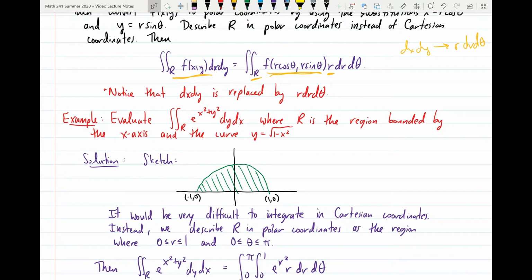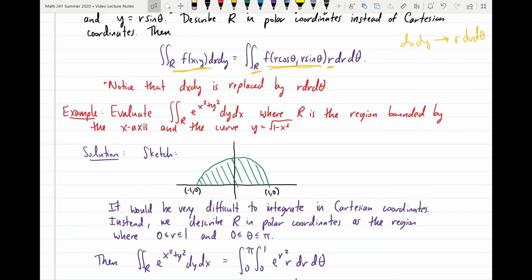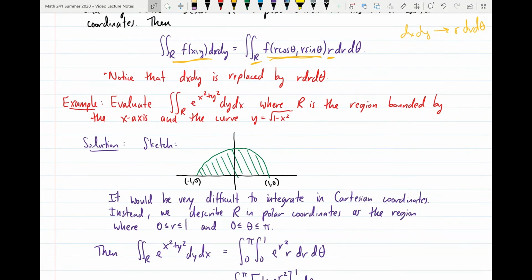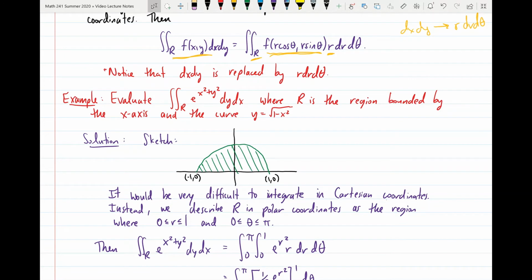So let's say we want to evaluate the double integral of e to the x squared plus y squared over R. Well, notice right away that taking the integral of e to the x squared plus y squared with respect to either y or x is going to be very difficult and basically impossible with the methodology that we have. So being able to rewrite that function in polar coordinates is actually very important for being able to calculate this